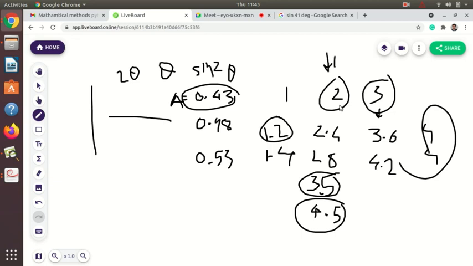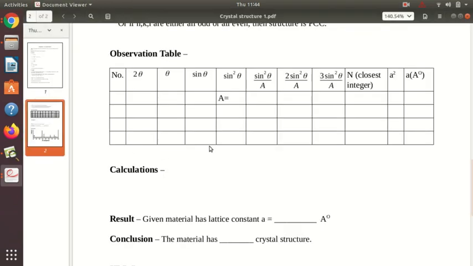So first thing is, we will get all these values in simple ratios. You will get 2, 4, 6 directly. In that case you don't even need to calculate these values. Okay, you can simply write that this is BCC structure, and use this as n. So n will be 2, 4, 6 and so on. So using these values of n, you can calculate the value of lattice parameter using the given formulas.